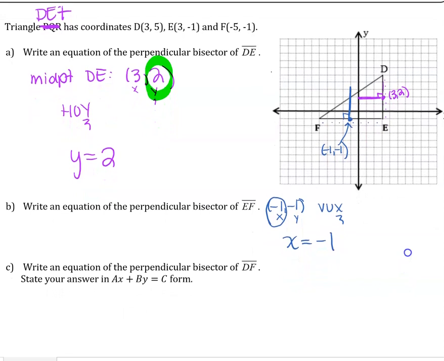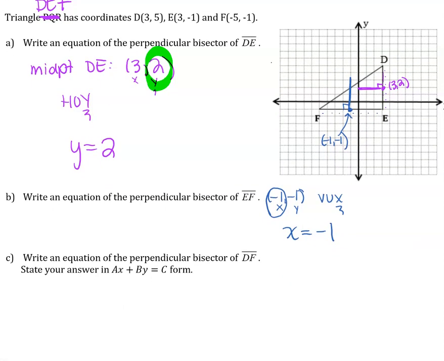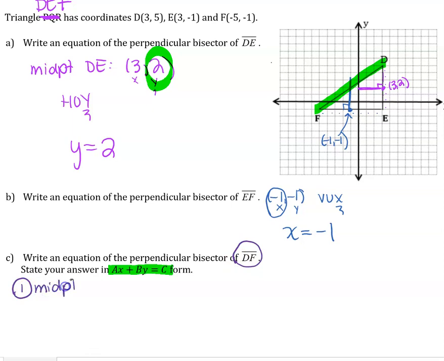Now's the harder one. Write the equation of the perpendicular bisector of DF, which is this one right here, and state your answer in Ax + By = C form. Okay, so just like in each of these scenarios prior, I'm going to locate the midpoint of the segment that they've given me. So first step, I'm going to locate the midpoint